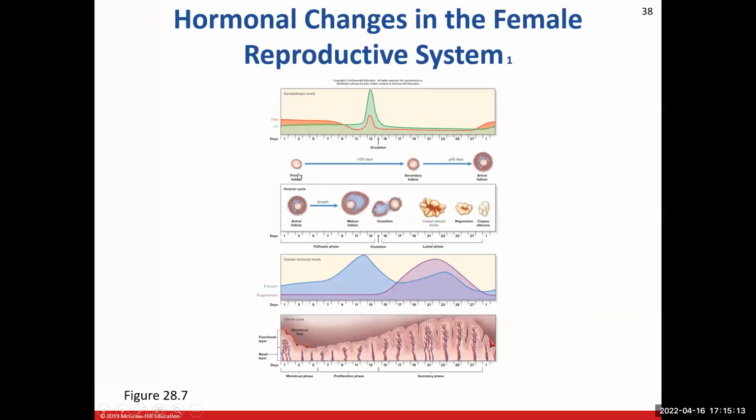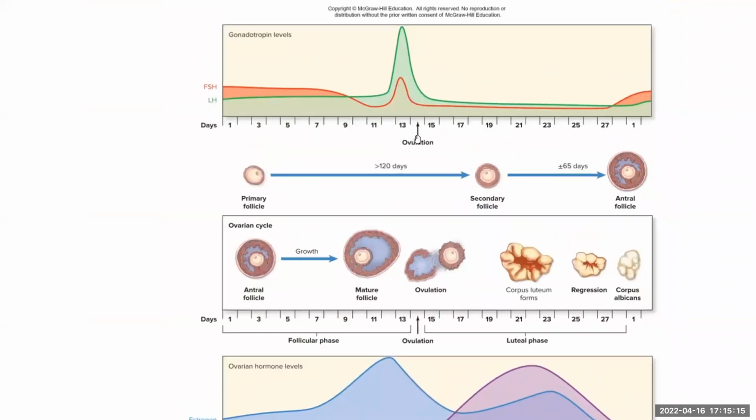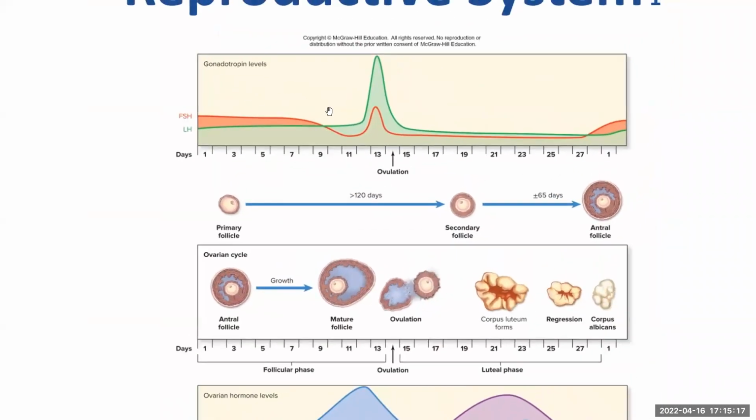We've seen this picture before, just to go over it. It's a good idea to see when we're looking here at our gonadotropins. You've got follicle stimulating hormone and luteinizing hormone. You can see they're pretty steady during the first half of the cycle. And then about mid-cycle, just before ovulation, you'll see a spike in both. LH big time. We'll call that the LH surge, or a peak in the LH. And that's right before ovulation. That LH surge is what's going to cause that mature follicle to burst, and so the oocyte, the secondary oocyte,